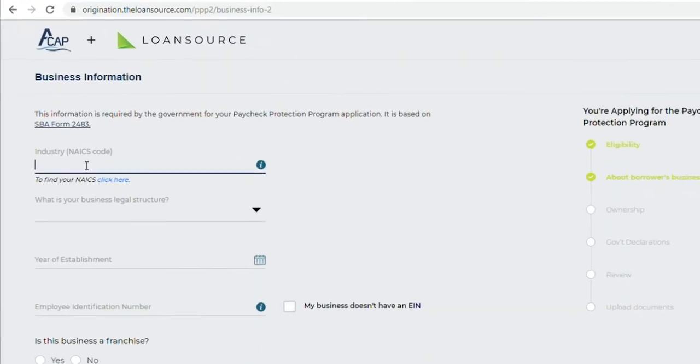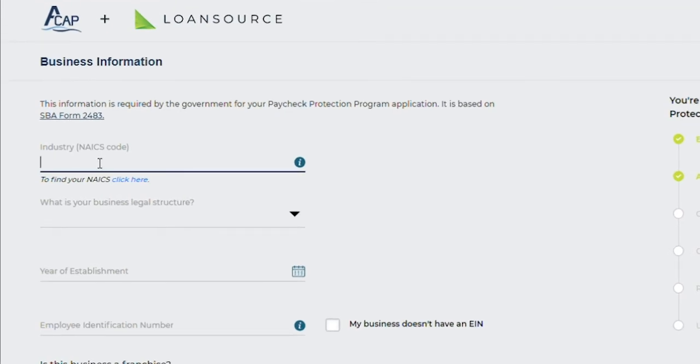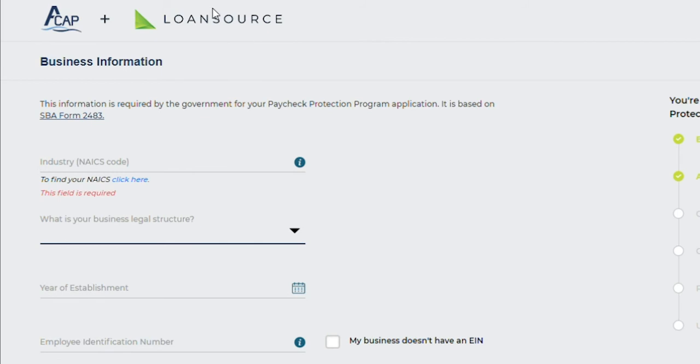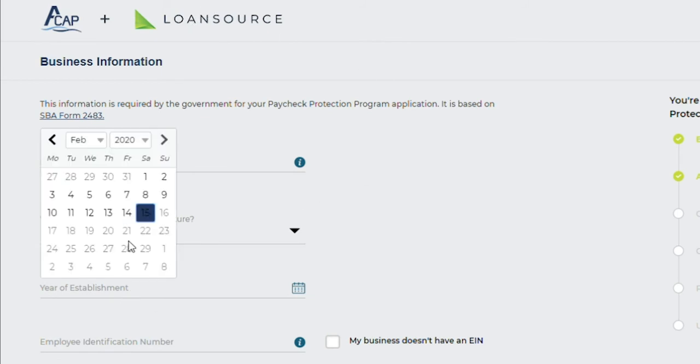Next, you got to put in your NAICS code. You just look up the particular type of industry you're in. I have one here that I'm going to use. It asks what the legal structure of the business is. We're going to say this is an LLC, the year it was established,